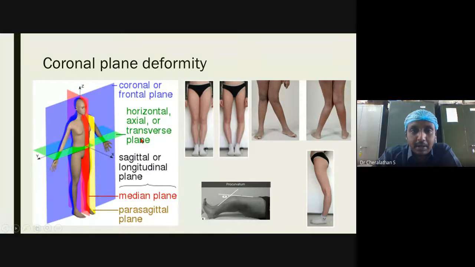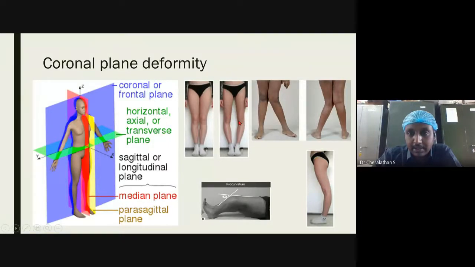And now, whenever in a coronal plane, the distal part, for example, if you take the reference point as the center of knee, the distal part is the leg. Are you able to see the cursor when I move it? Yes, sir. Okay, so if you take the center point as the knee, the distal part moves with reference to this. So if it goes out, like shown here, if this is the center point and the leg goes out, we call it as valgus, right? If the opposite happens, if the distal part comes in or towards the medial aspect, we call it as varus, right? So in varus, it is bow legs, as you can see here.